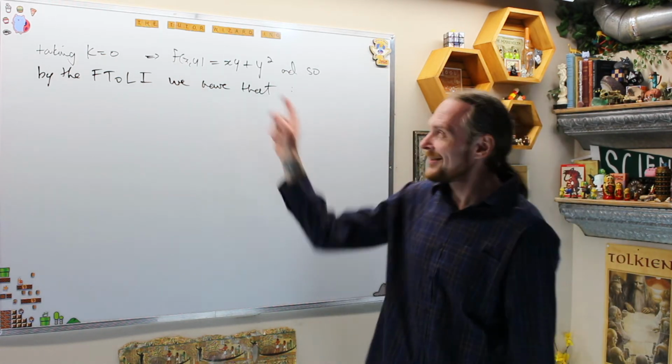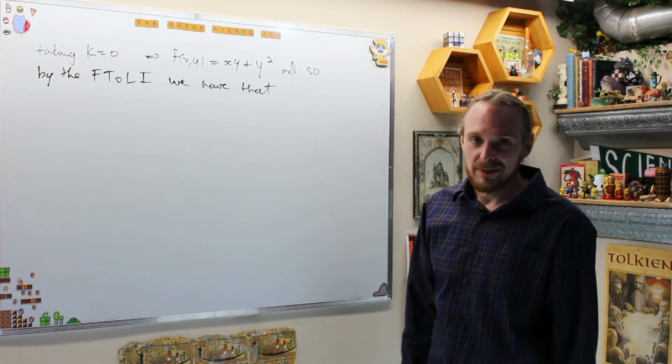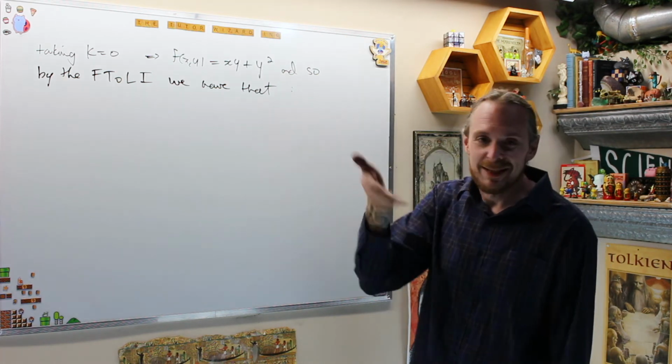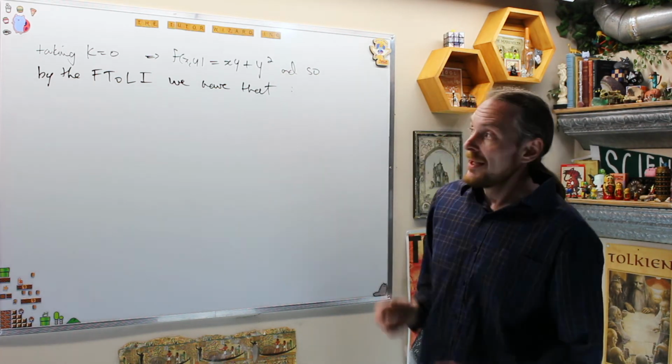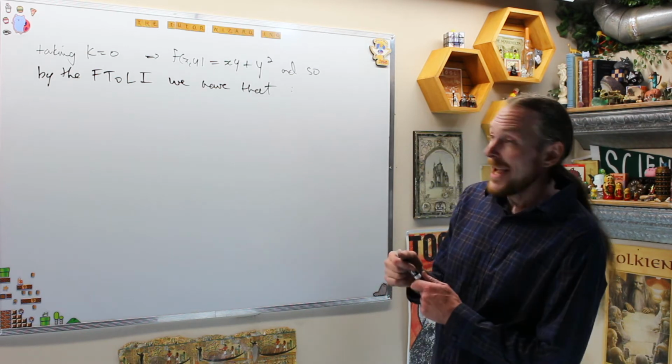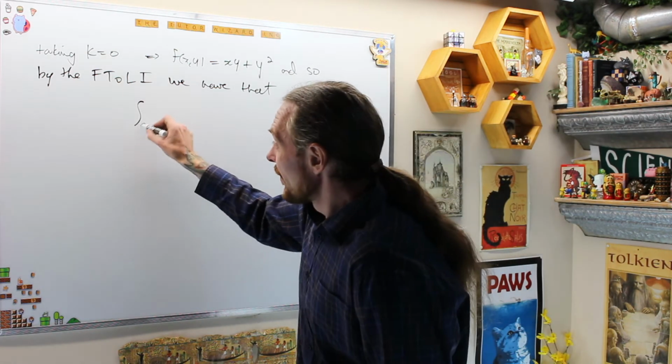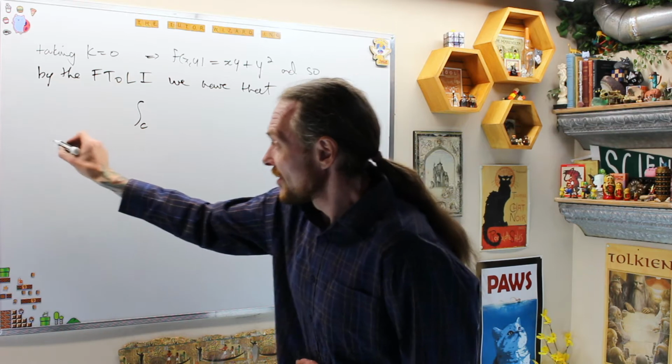So anyways, we're just going to take k equal to 0 for simplicity. If it bothers you, leave it in there. You'll see it will disappear in the calculation. By the fundamental theorem of line integrals now, we have that the integral over C, which was, remember, going this